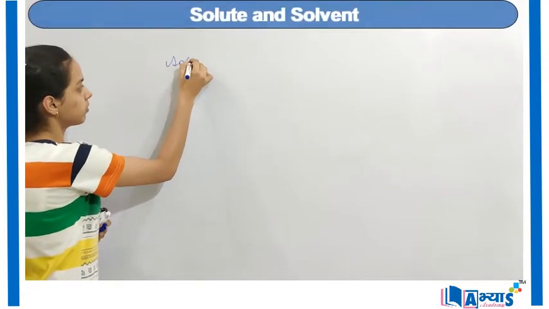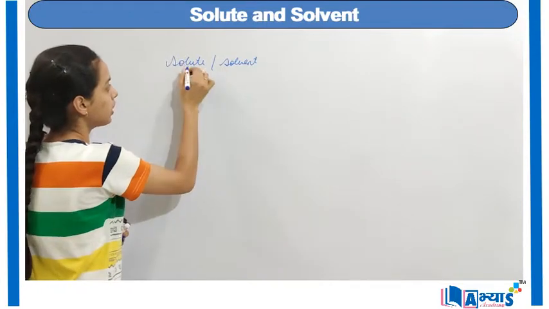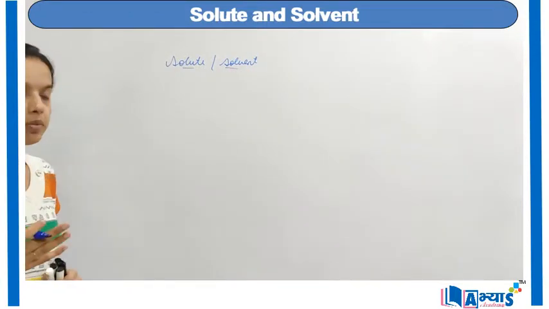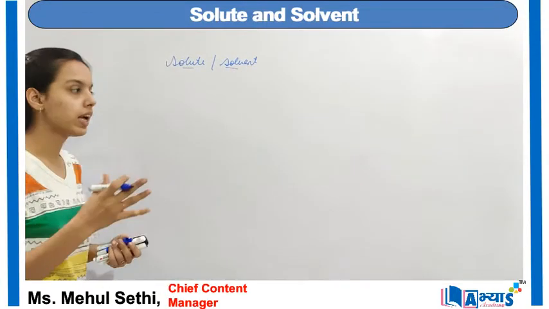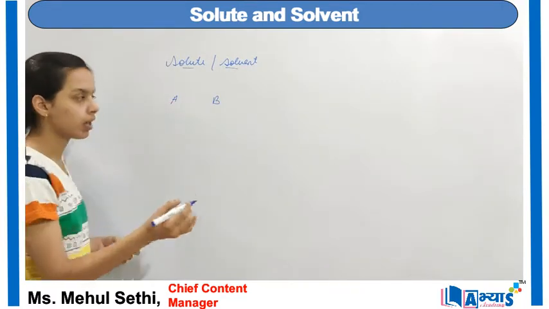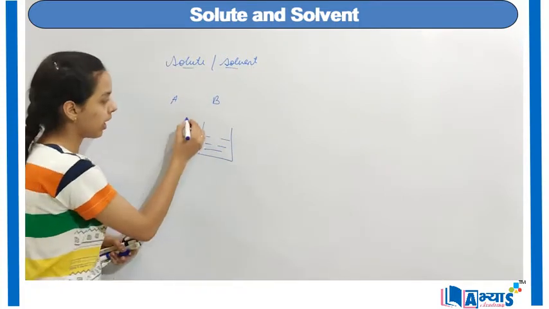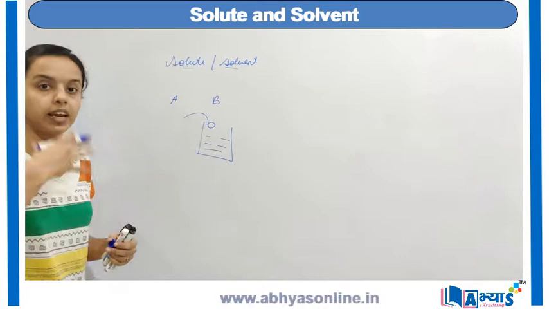and solvent. So solute and solvent. You can understand both these concepts when I take an example. Suppose I have two components, that is component A and component B. I have a beaker in which I have the component B, and then I am adding component A into component